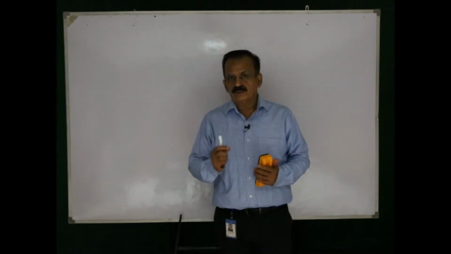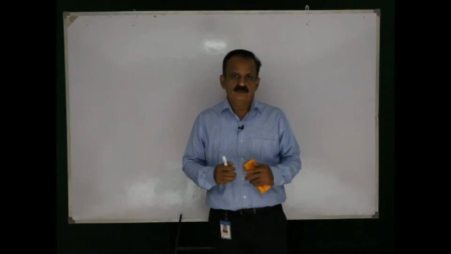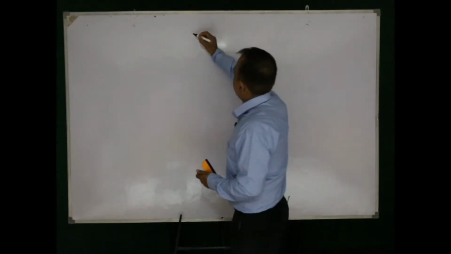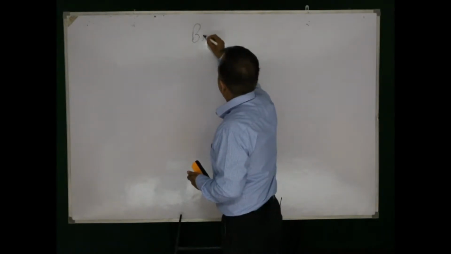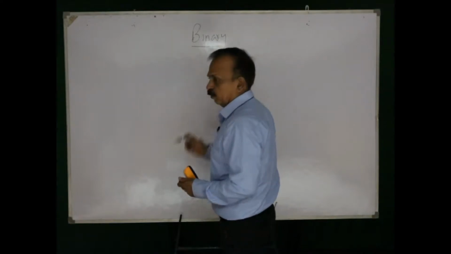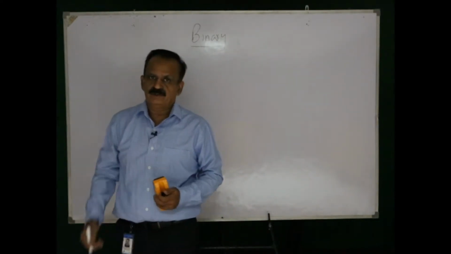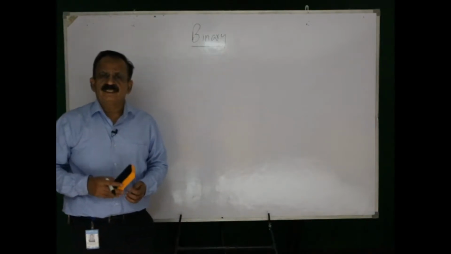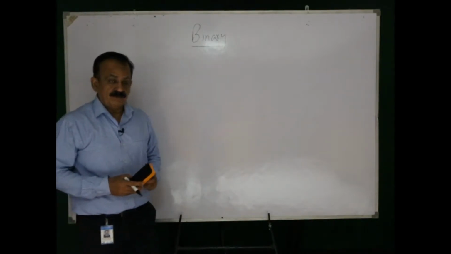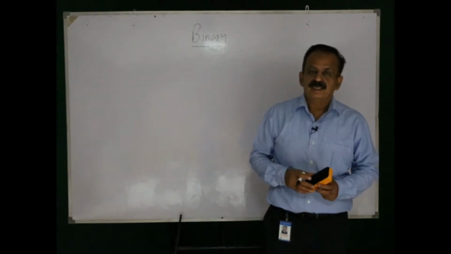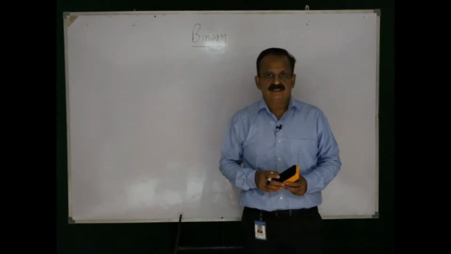Now, the first question is, why are binary numbers used in computers? I said the number system which is used to represent information in a computer is the binary number system. Now, my first question is, why are binary numbers used in computers? As we know, a computer is an electronic device. Now, for the implementation of computers, the devices or components used are diodes and transistors.